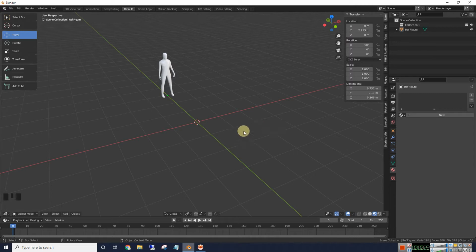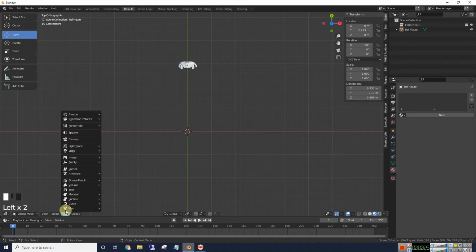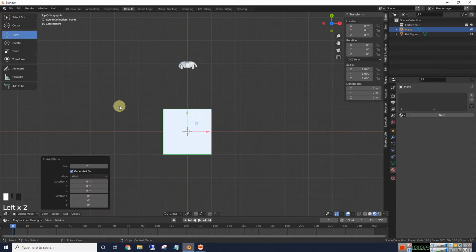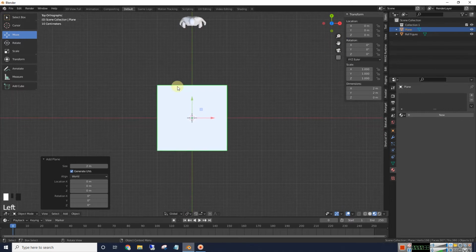It's really pretty easy. I'll go into the top view and we'll add a mesh plane. Alright, it's white. That's okay. We're going to add a picture to it. You can add a picture, text, anything you want to by